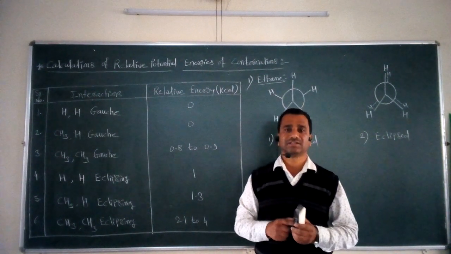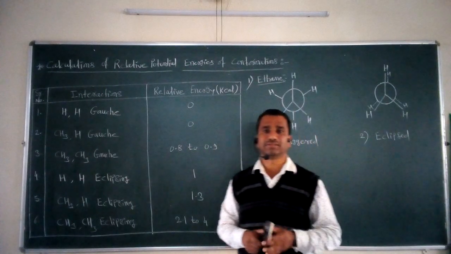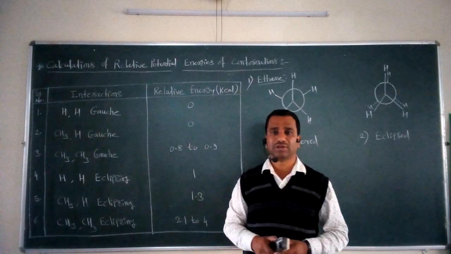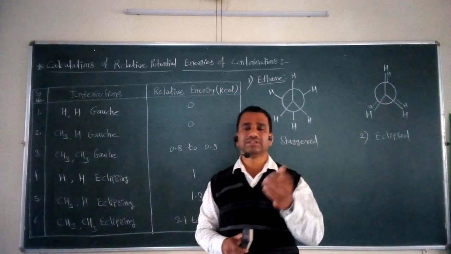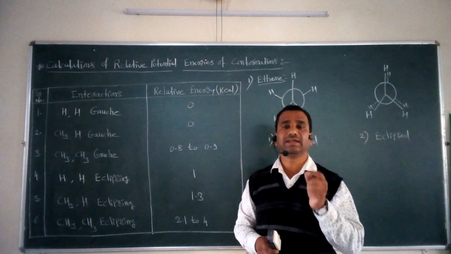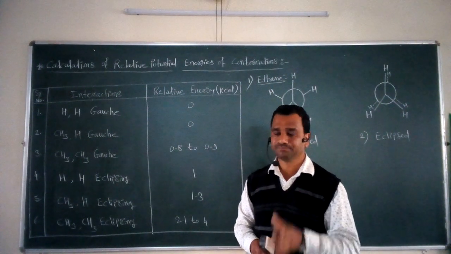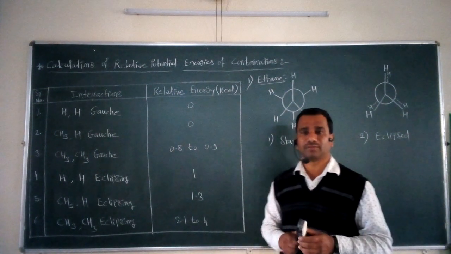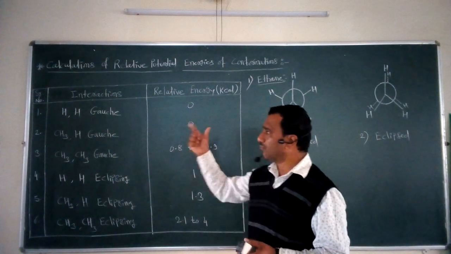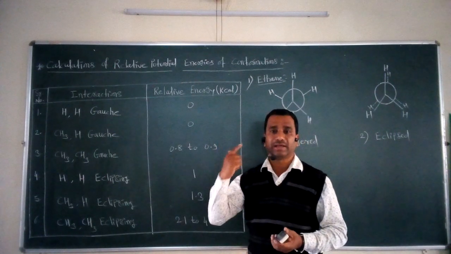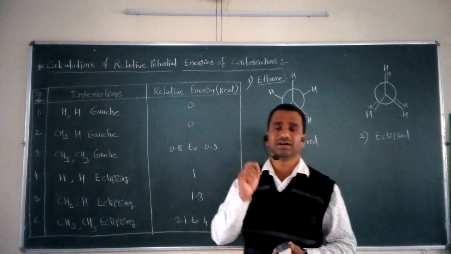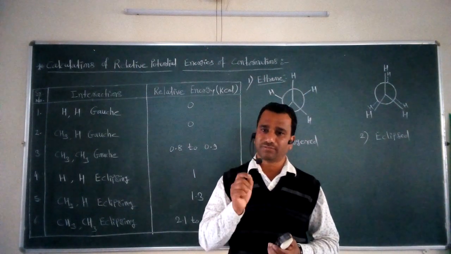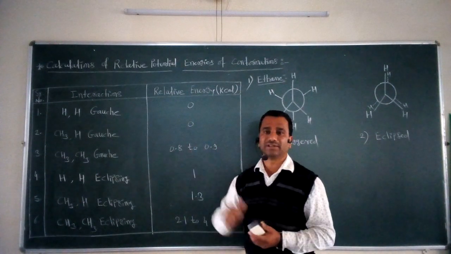So, we are interested to know how to calculate this potential energy for the given conformations, and for this purpose in the current lecture we are going to study the calculation of potential energy for any conformation of a molecule. Before considering different examples of these calculations, first of all we are going to study the different types of interactions present in a conformation and the magnitude of those interactions. For this purpose we are going to study this tabular data.